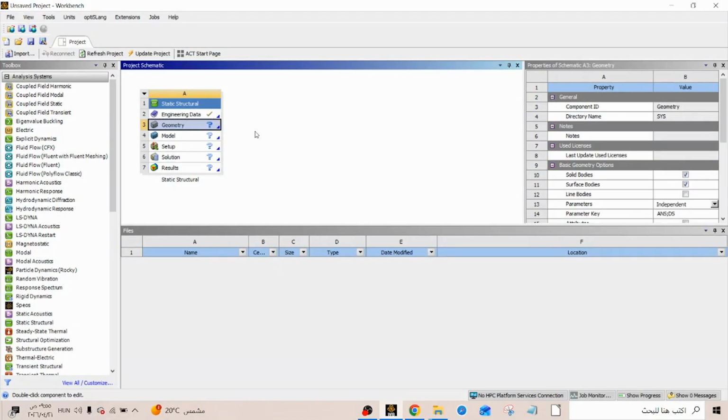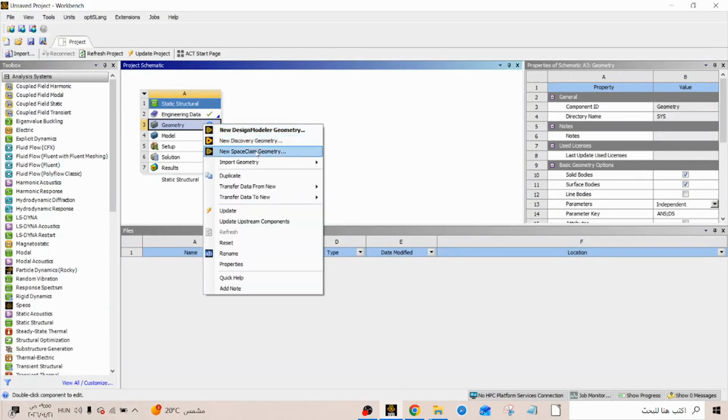The next thing that we will want to do is check our geometry. So right now we don't have any geometry. If you right click on geometry, there are a couple of options.